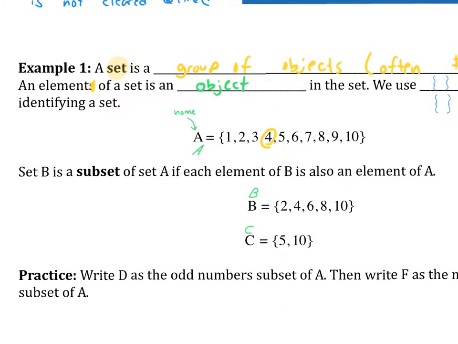Okay. So this is the set. What is this if we were to describe it? Oh, it's the set of whole numbers from 1 to 10. 1, 2, 3, 4, 5, 6, 7, 8, 9, 10. That's a set. Okay. Now, a subset